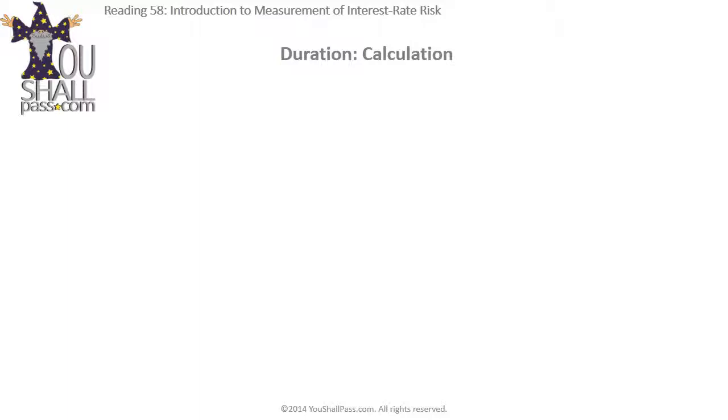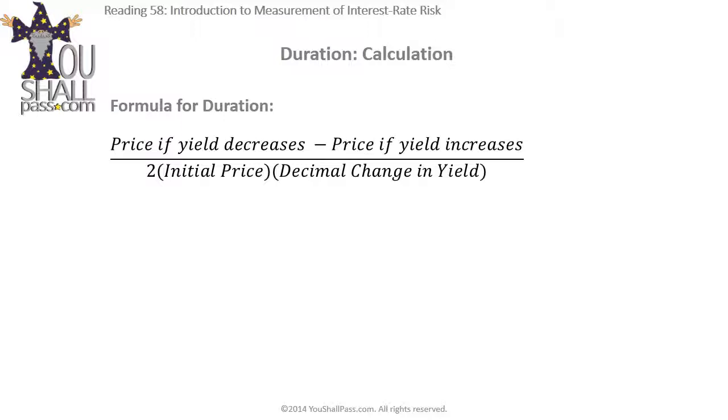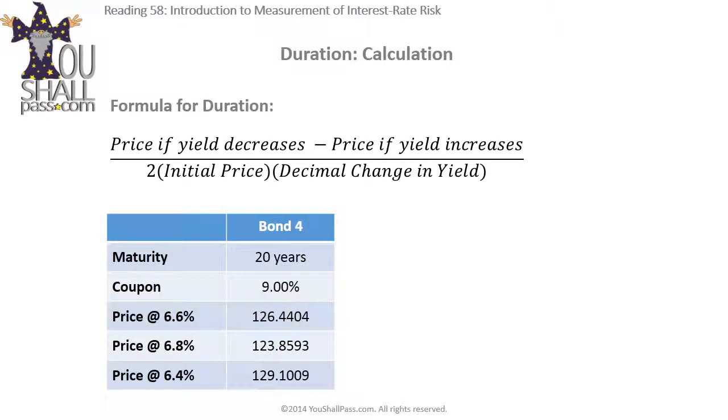All bonds are born with a duration, and the duration changes as the bond's age and its YTM change. The formula for duration, how to calculate it, is shown here, and we also know how to calculate duration in practice. For example, reverting back to the 20-year 9% coupon bond we based much of our earlier material on, the price of the bond at a 6.6% yield level is